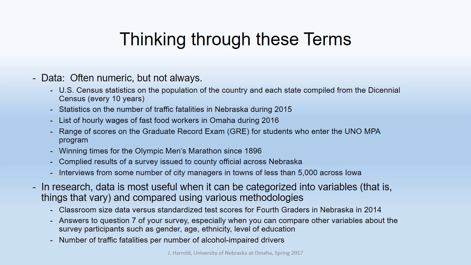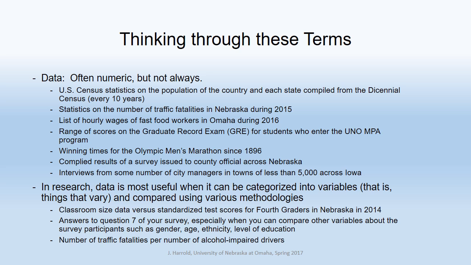But that's just data. You could maybe look at the winning times for the Olympic men's marathon since 1896. So for all the Summer Olympic Games, you could look that up. And yes, you'd find that runners are getting faster and faster, but still, it's just data. You haven't really drawn too many conclusions from it. It doesn't have to be numbers.